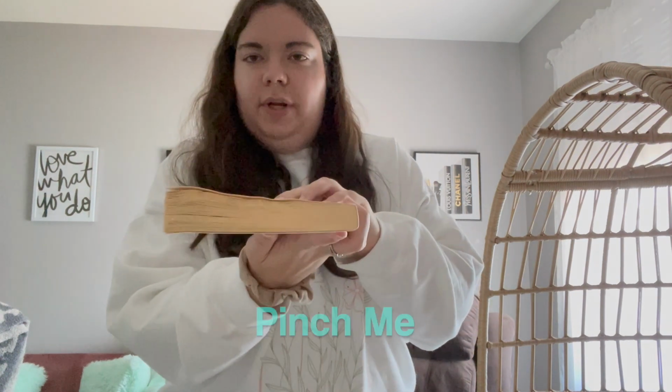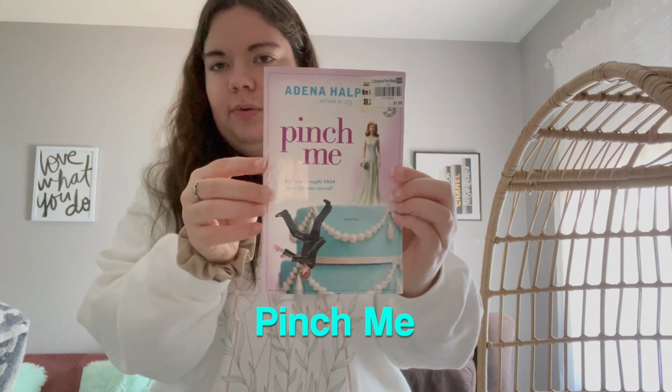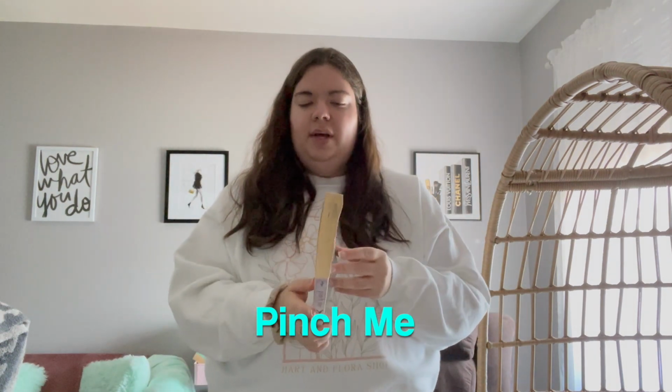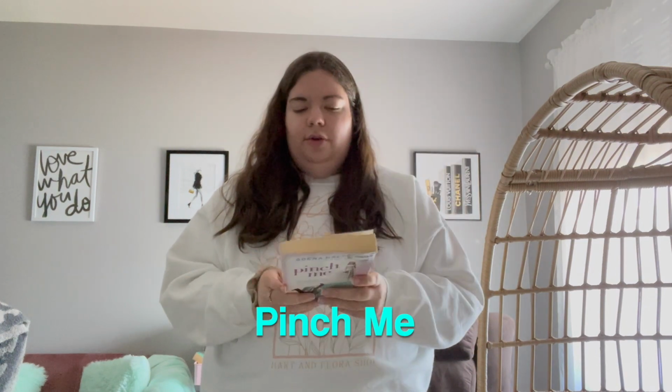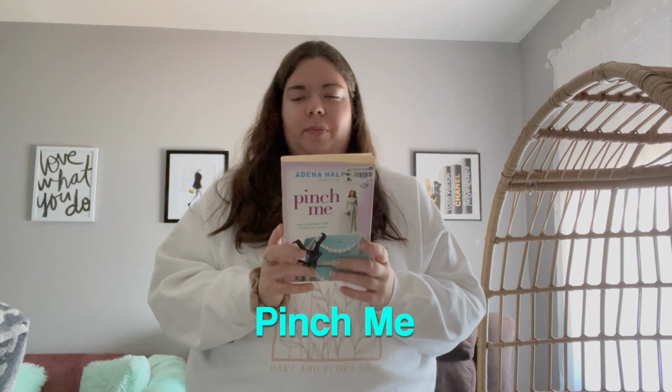So the book was in pretty good condition, not the best, as you could see. It was sold in a store, so it has a price tag on it, but I don't really care because it's free. So I read the back of the book and it sounded pretty good. So it's basically about